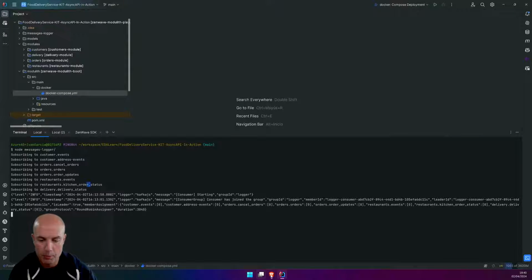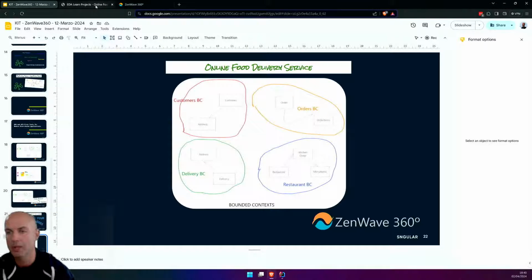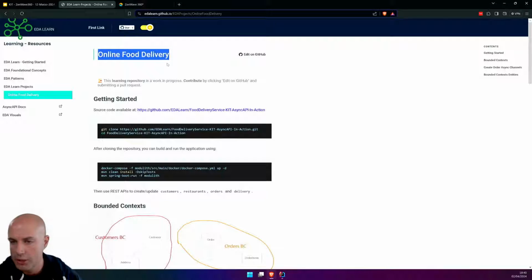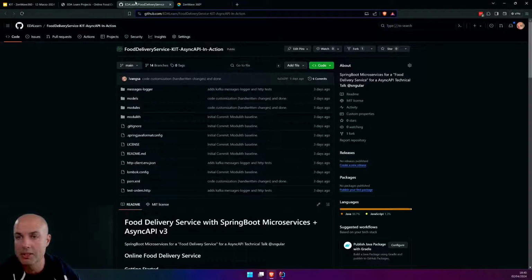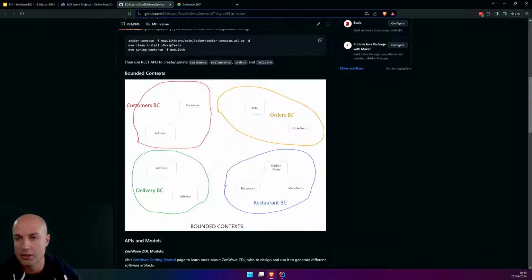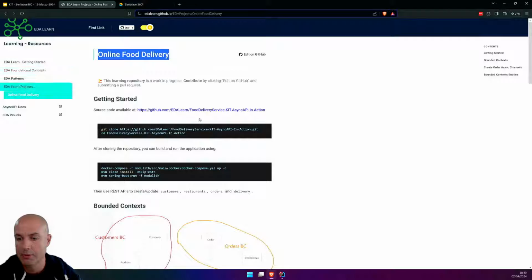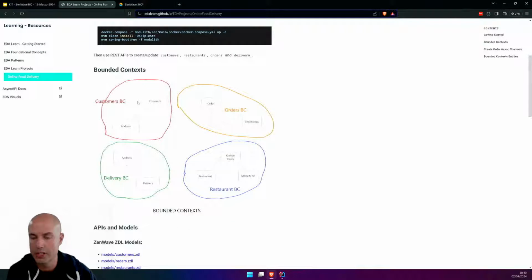First of all, I would like to show you what this application is about. All the source code is available. You can find it on GitHub. We will place one link in the comments. Here is the source code. And as I said before, it's composed of 4 microservices. In this demo, we are going to deploy them as a modular monolith because it's easier for me to deploy them all together, but they are actual microservices.